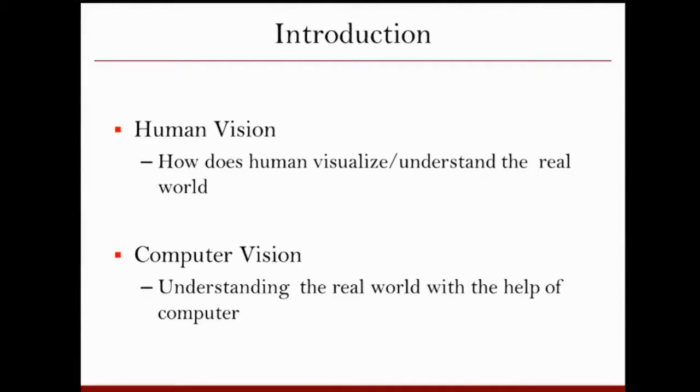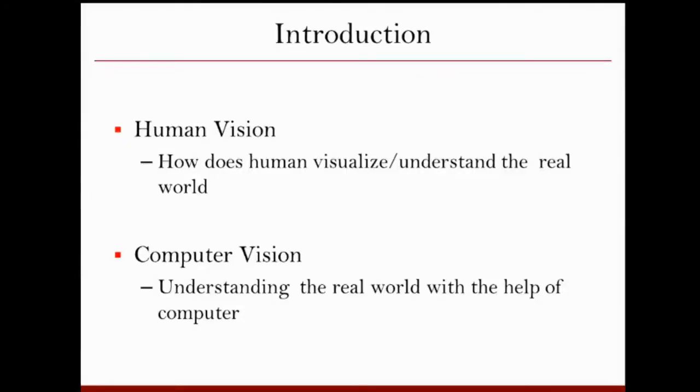Now, we actually want to do exactly the same thing with the help of computer vision. In human vision, we see through our eyes, interpret the images, and then based on that interpretation, we take some actions. The same thing we now want to do using computers. When we do with a computer what human vision does, it becomes computer vision. If you see the definition, it says that in computer vision, we understand real world images, or with the help of images, we understand the real world.